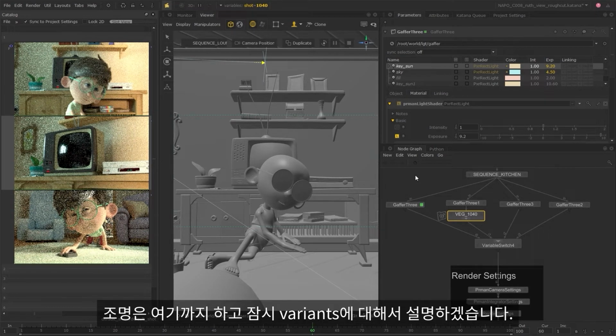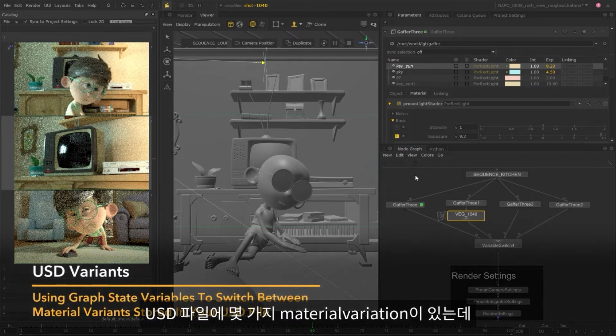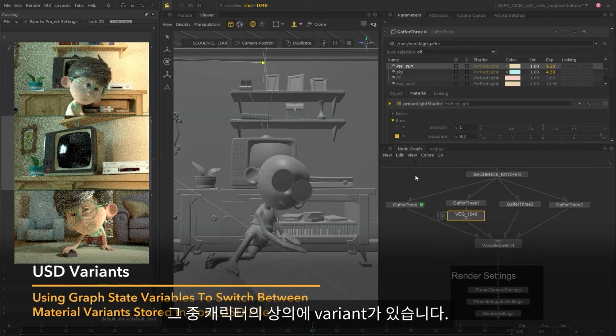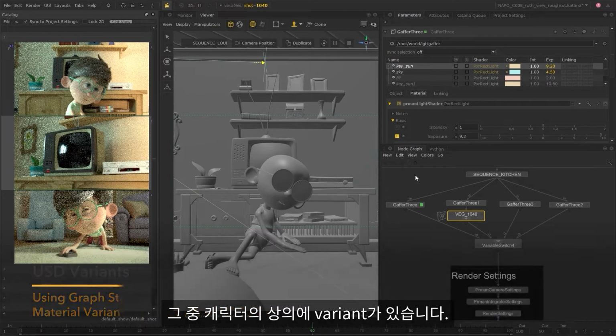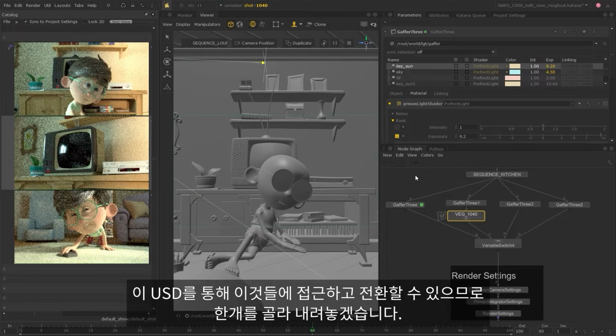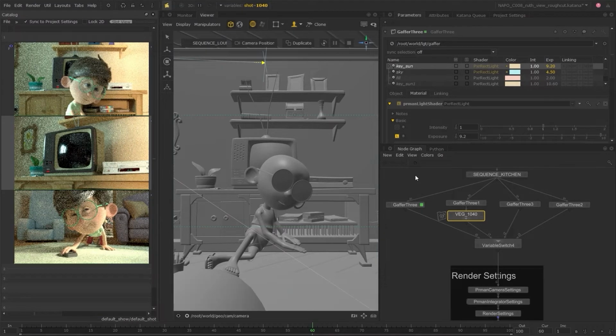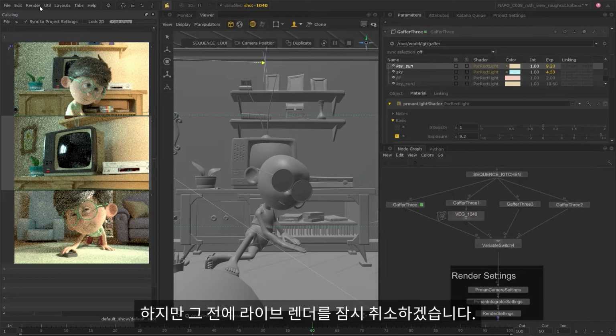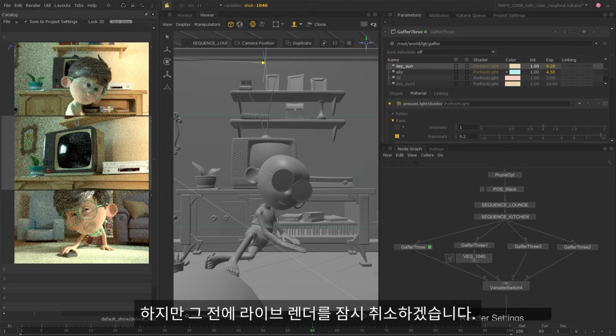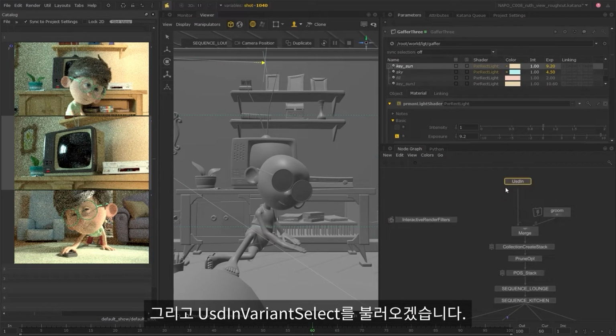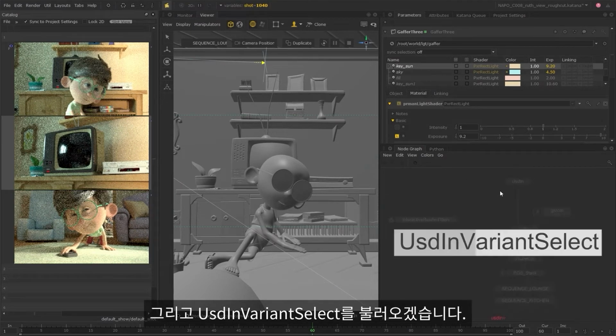So I'm going to leave the lighting here and just talk a little bit about variants. There's a few material variations that have been brought in with the USD files in the sequence. I know that we have some shirt variants that have been set up for our hero character Joao, and we can access and switch between these using a USD-in variant select node. So I'll place one down, but first I'm just going to cancel the live renders for now while I get this set up. So I'll place the USD-in variant select,